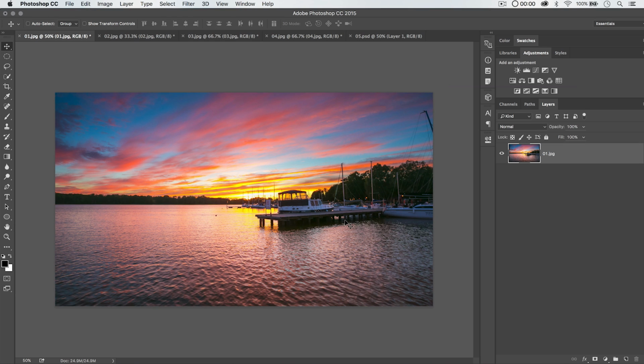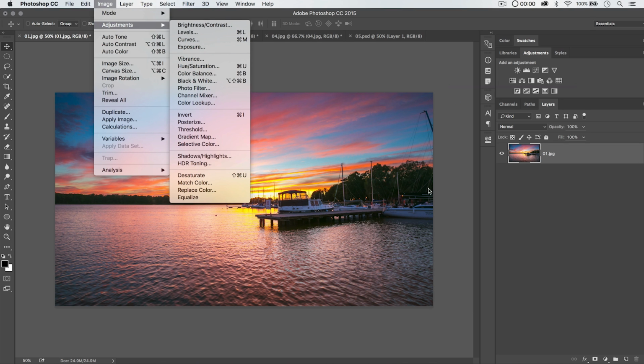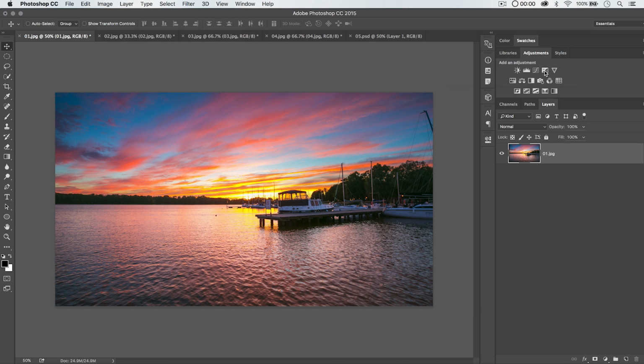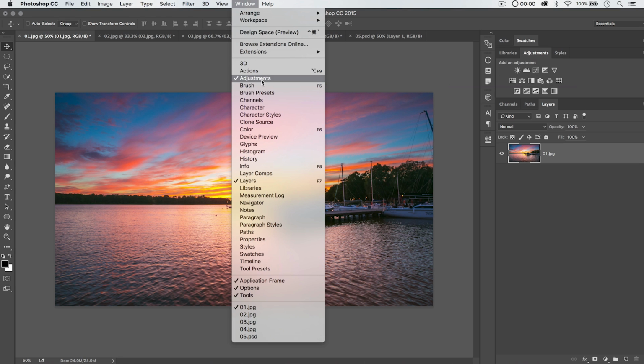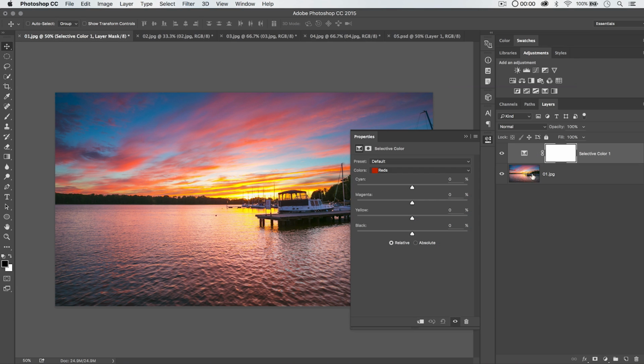All right, there's a better way to do this though. When it comes to virtually every single adjustment, the way you're going to want to do this is just use an adjustment layer. You have your Adjustments panel over here, which you can bring up with Window, Adjustments. You have all your different adjustment layers, or you can hit this little circular icon and you're going to have an entire list of all the different adjustment layers you can use. That way, if we do something like Selective Color, which is all the way down at the bottom off screen,